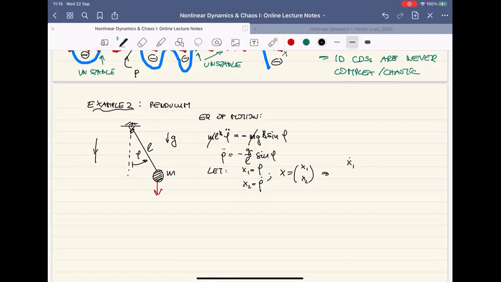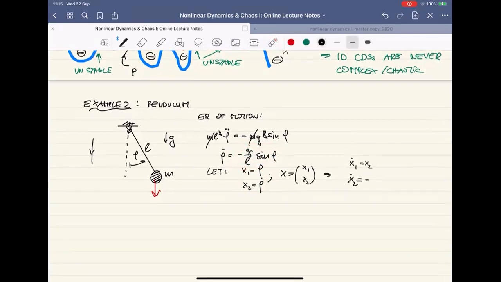right? So x1 dot is just x2, and x2 dot, what's x2 dot? Well, x2 dot is just phi double dot, right? And for phi double dot, I have a formula here. So I use this formula, but when I see phi, I plug in x1. This is going to be minus g over L times sine x1. So there you go. In this case, the right-hand side here,